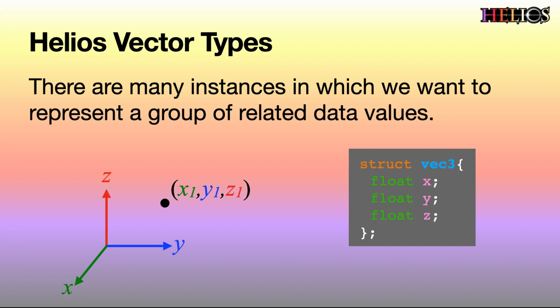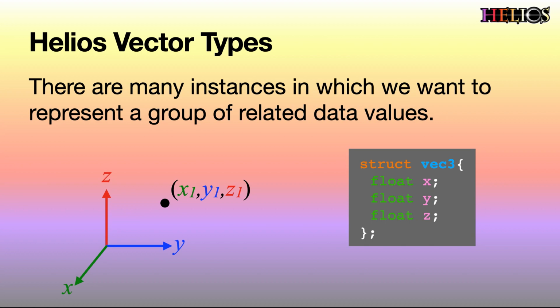So in Helios, we have special data types that group together these related values. For our example of representing a 3D point in space, there's a struct called a vec3, and this has three data members. It has a floating point value called x, a floating point value called y, and a floating point value called z. So this is nothing but a struct in C++,